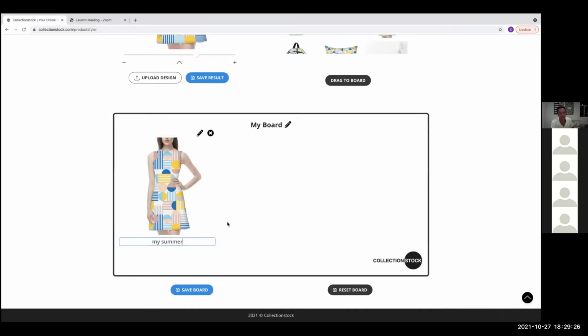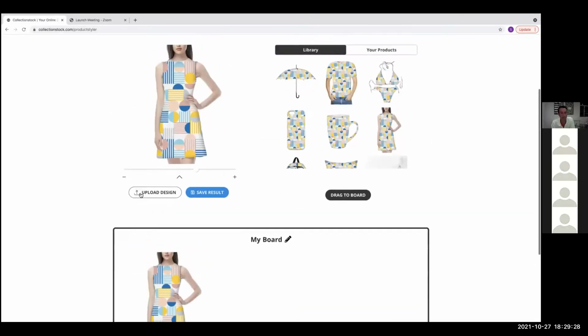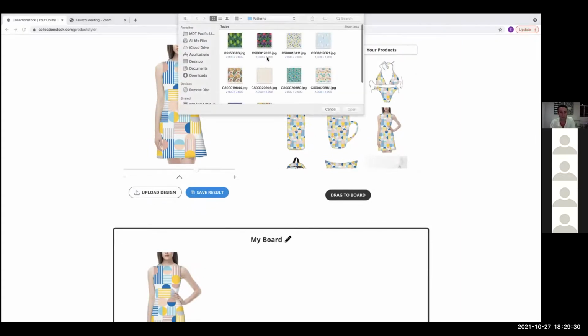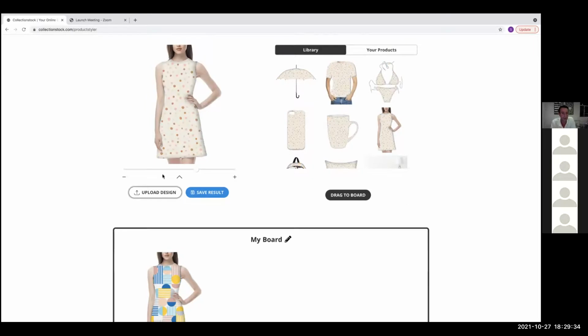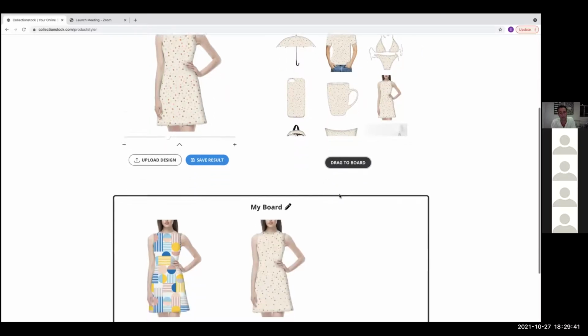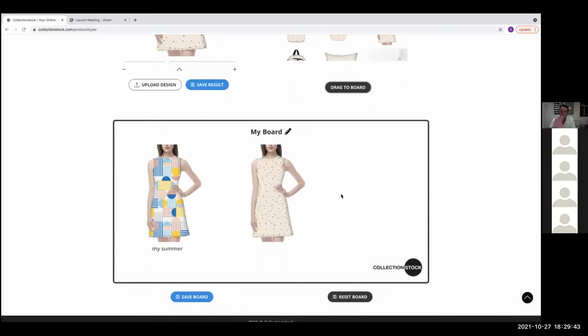Okay, so this is my first dress, and I'm going to add some other dresses as well. So let me see, for example, I'm going to put another, a little bit more summerish print. Okay, maybe something with dots, and I'm going to drag this one to my board as well. And like this, I can make a full presentation for school or later for your customers, where you say, hey,